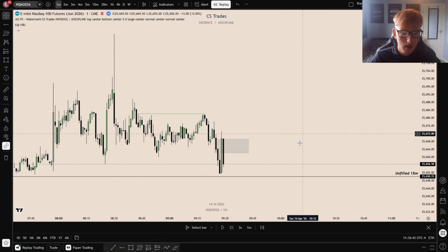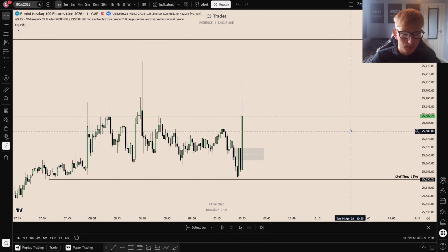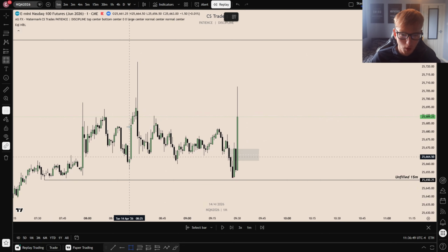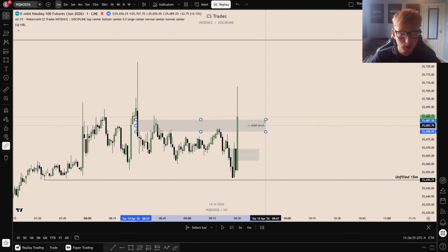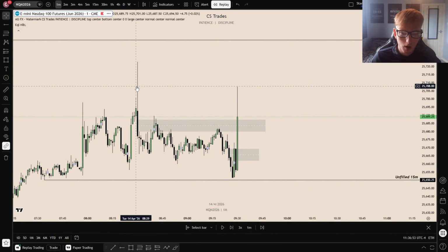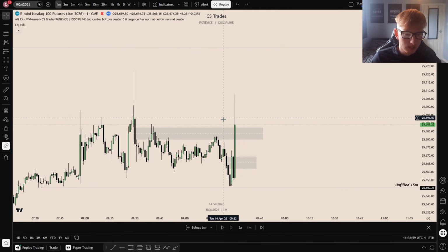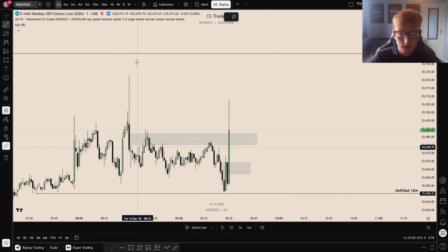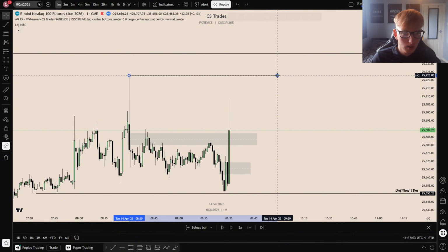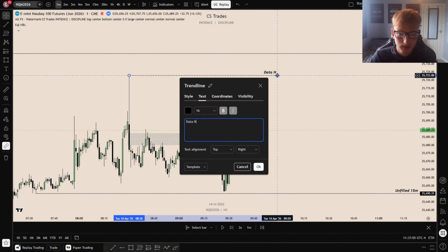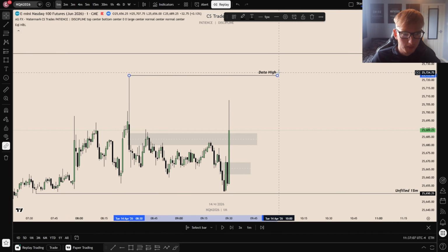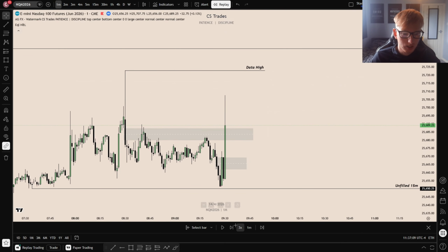We closed the tick. And then on the next 1-minute candle for this long position, you could have taken this 1-minute inverse fair value gap. But I typically do not take inverses that were over an hour ago, for example, like this one, which was put in at 8:30. And the reason this would have been such a good setup is because of the data high resting above. So this was data high from PPI news, sorry. Very strong draw on liquidity, and as you can see, this trade did end up playing out.